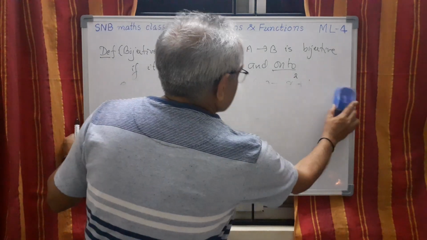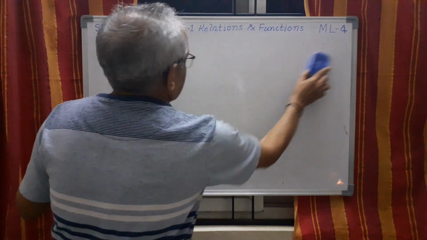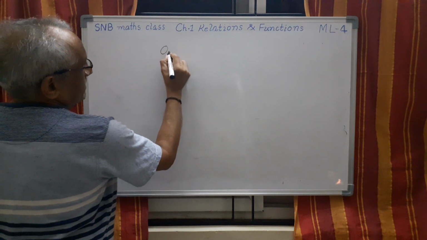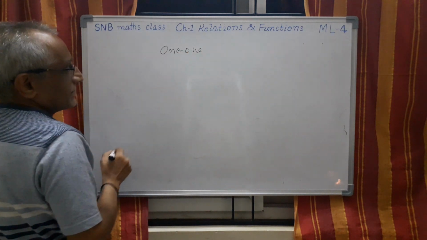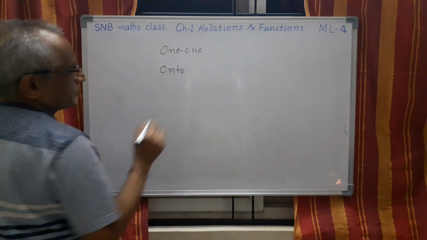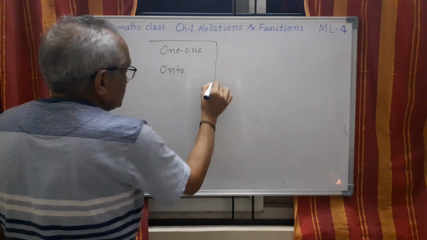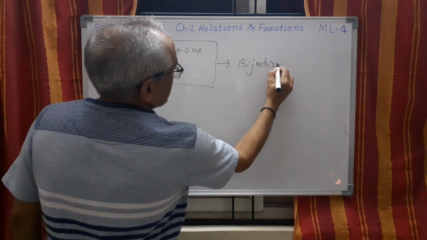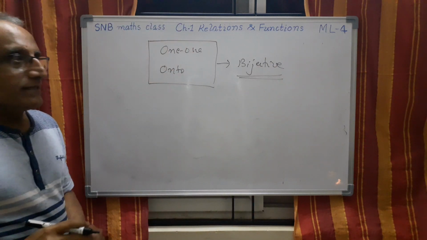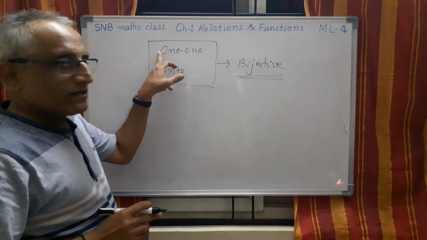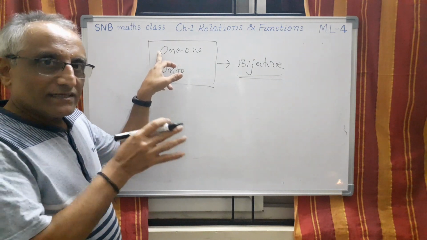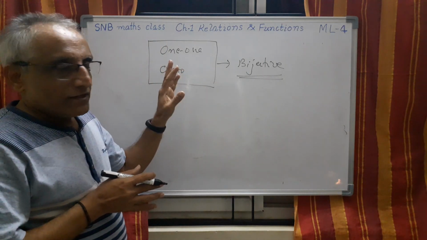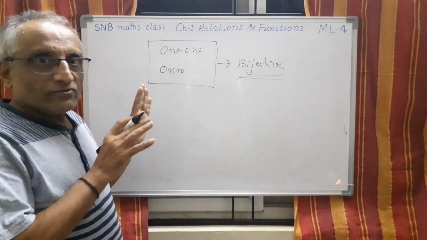But before that, let me sum up what we have done so far. We started with the function in the last lecture. Then we defined what is 1-1. Then today we defined what is onto. If a function is both 1-1 and onto, that is called a bijective function. You should also know the method: using the definition we can prove 1-1 or not, and onto also, using the definition we can prove. So this much is the concept we have developed so far.